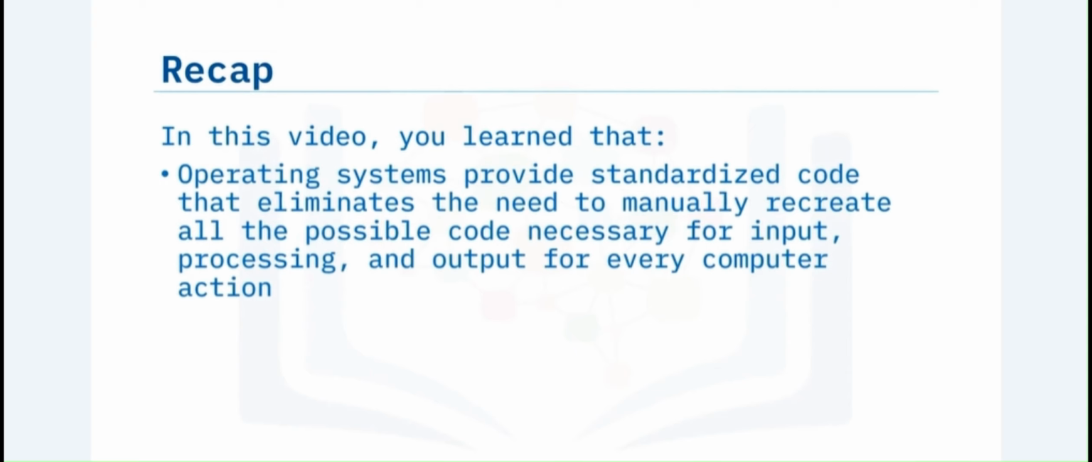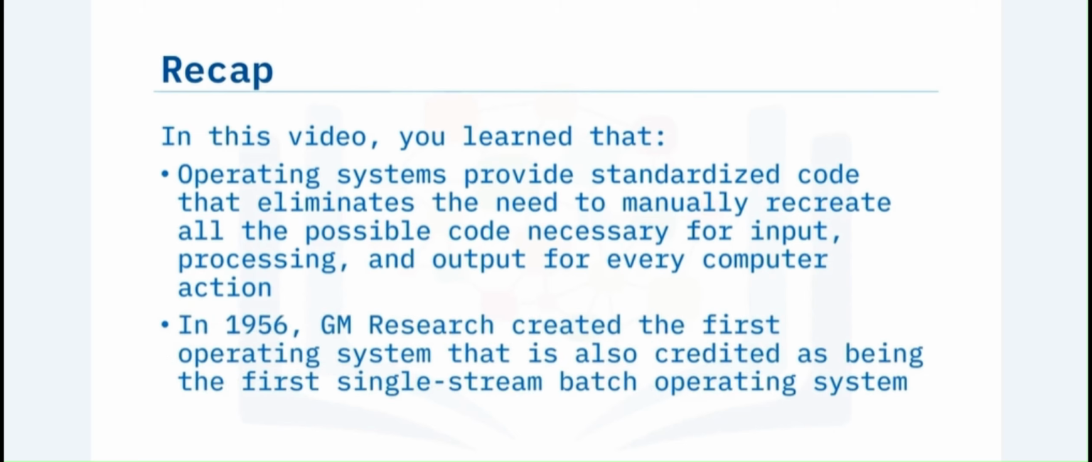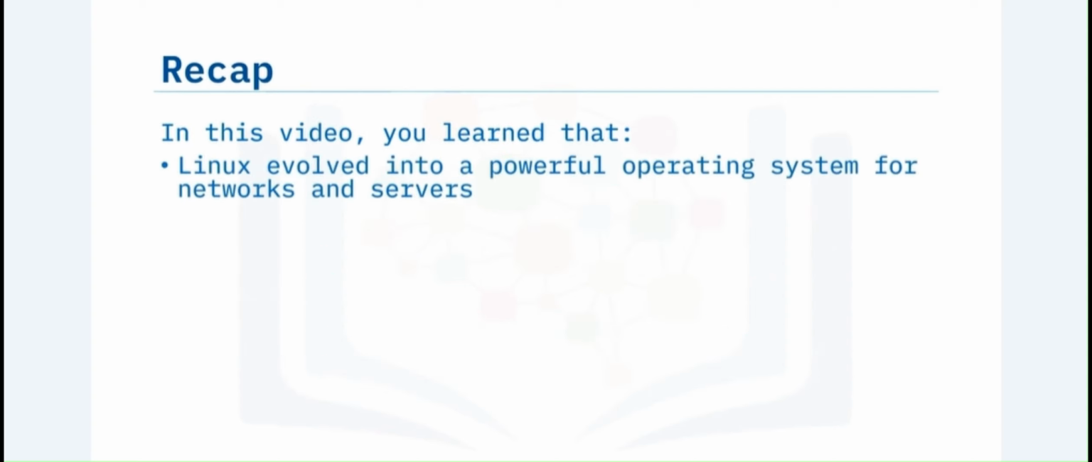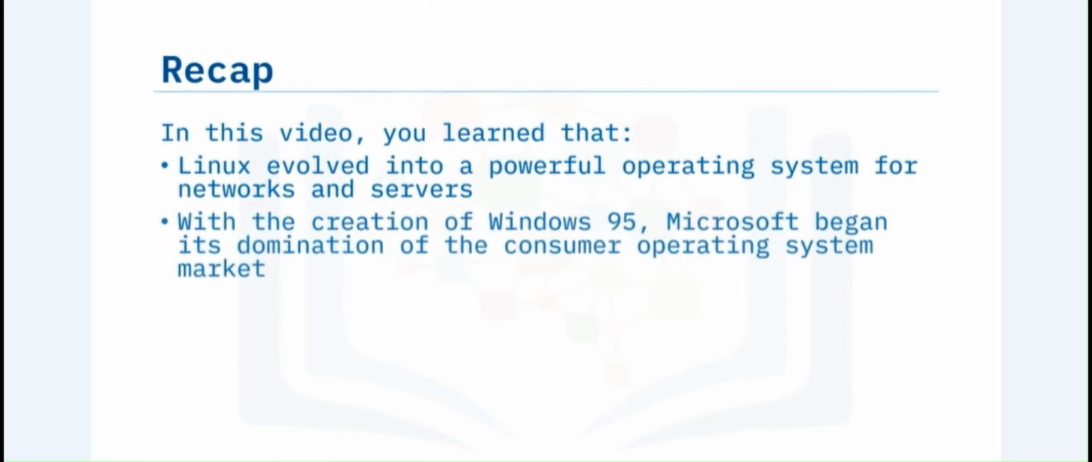In this video, you learned that operating systems provide standardized code that eliminates the need to manually recreate all the possible code necessary for input, processing, output, and storage for every computer action. In 1956, GM Research created the first operating system that is also credited as being the first single-stream batch operating system. Linux evolved into a powerful operating system for networks and servers. With the creation of Windows